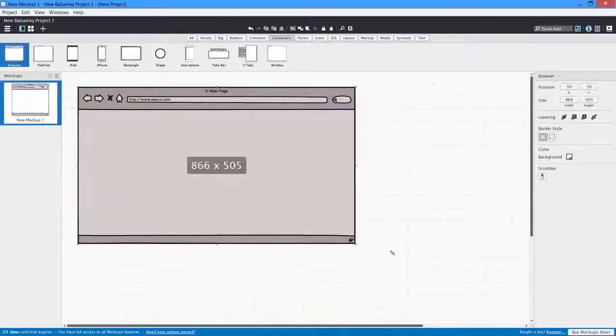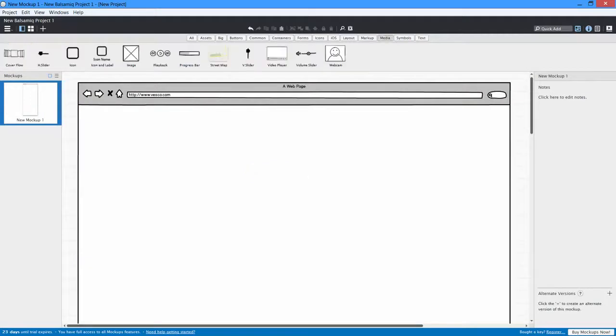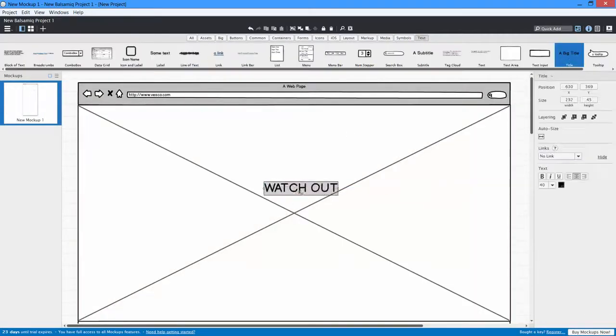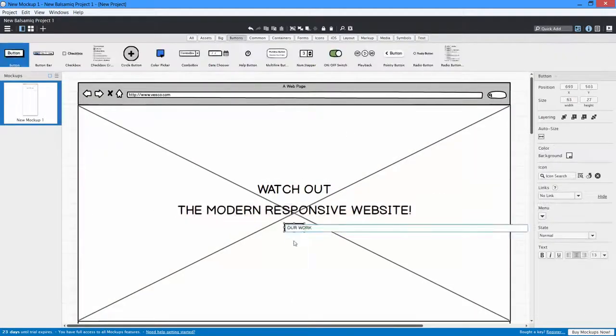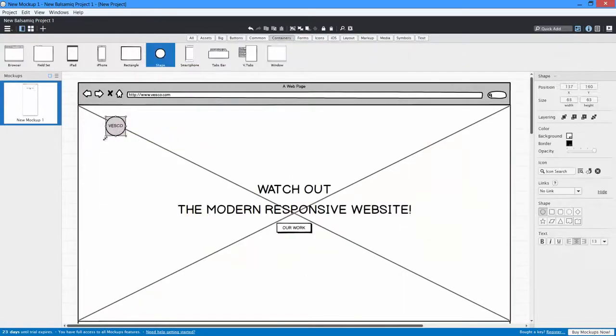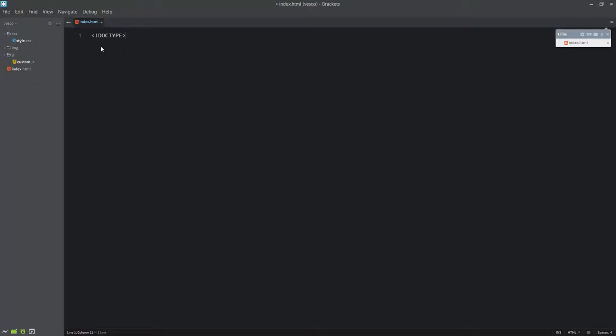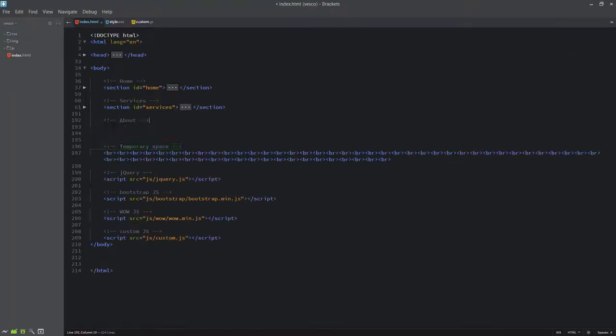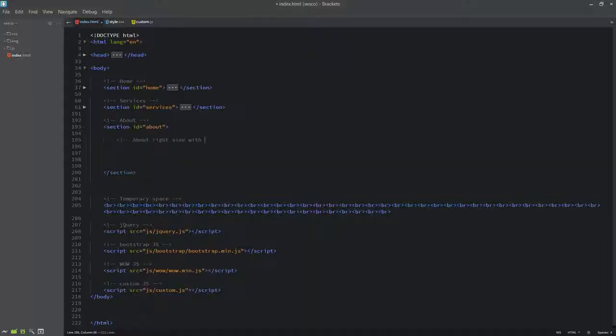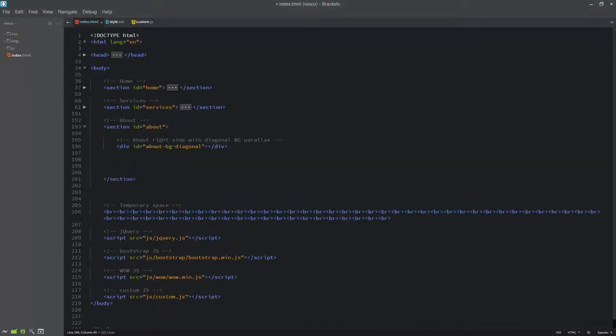So first, I will begin by creating wireframe for website. I will teach you how to first create a wireframe for a website before actually starting a web development. Then I'll start coding the real world project from the very scratch. In this course, you will learn how to write HTML5 markup the best way.